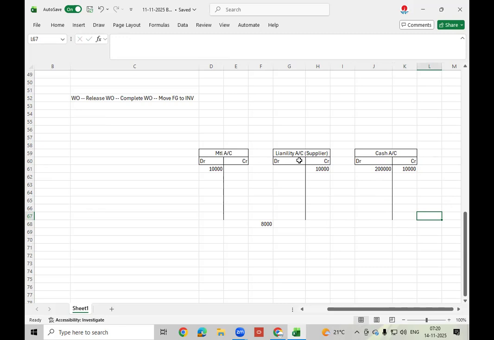Now, once paid, cash account will credit. Again, supplier account, liability account will debit for the 10,000. Now, what happened to this liability account? One time it was credited when I received material.